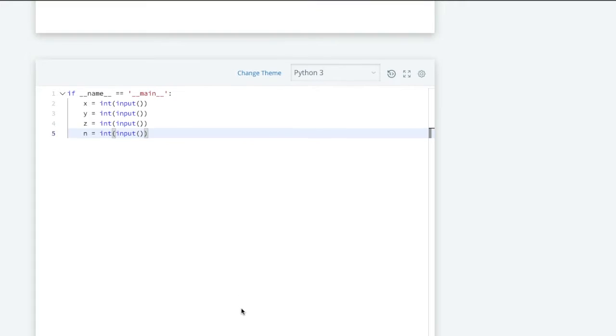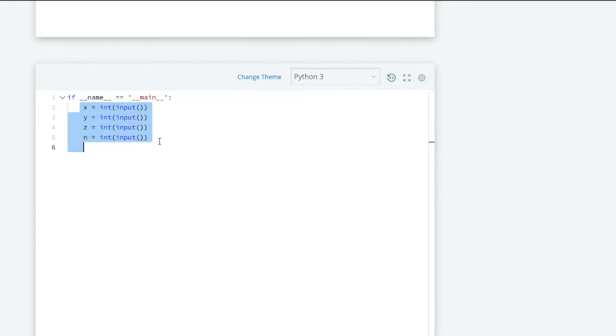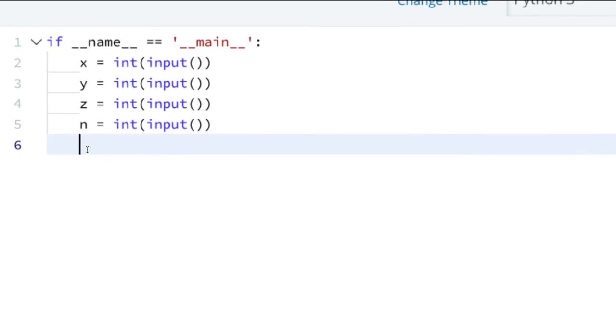So let us solve this problem. You can see they have already written the code for taking the four sample inputs x, y, z and n. Now let us write the very first logic in which we use multiple loops. After that we will try the same logic in list comprehension. So let us write that one. Let me zoom this.